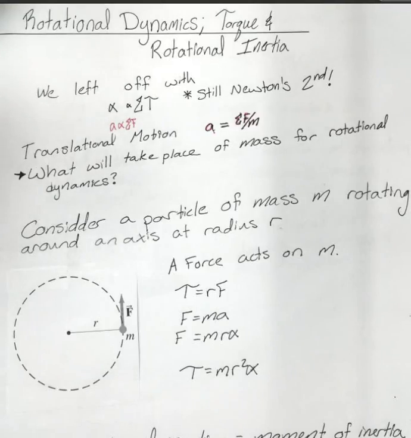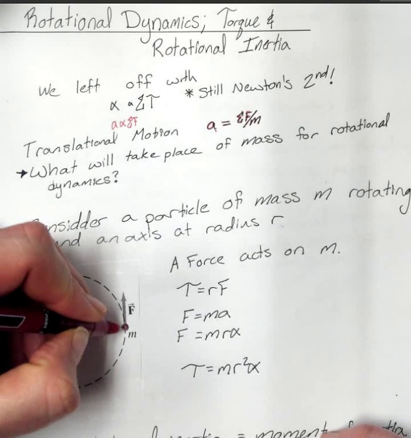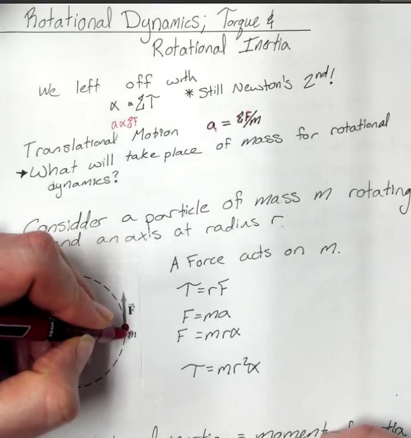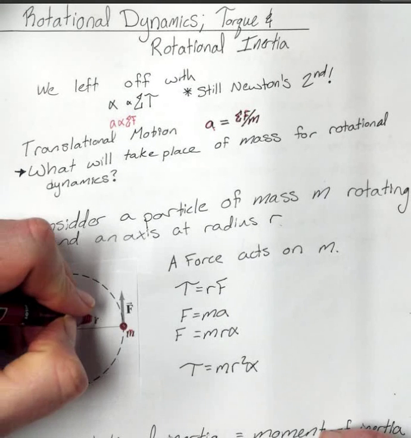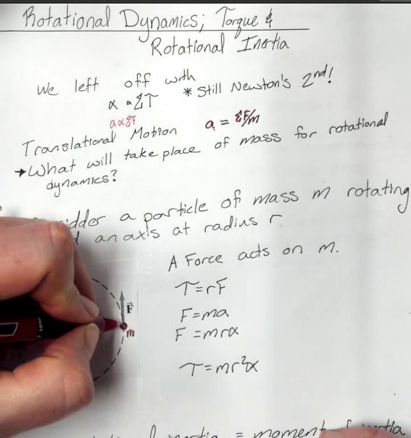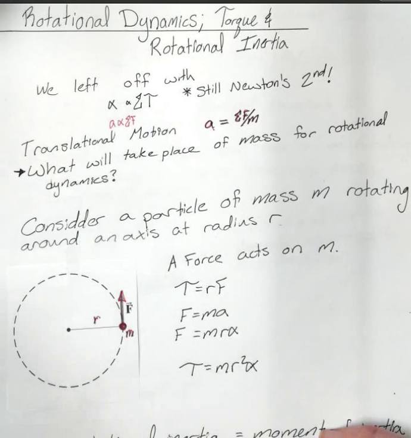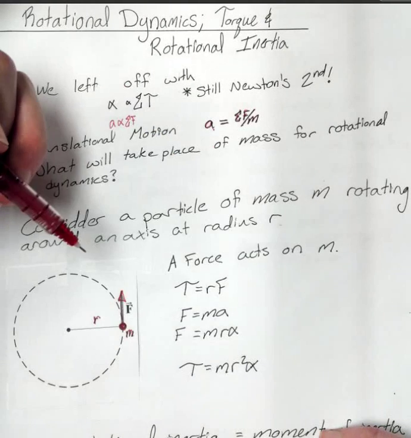Just like we need force and the lever arm, we're going to need mass and radius for determining the exact relationship. And in order to do that, we're going to start with the simplest possible situation: a particle that has mass rotating around an axis at radius r. We're going to assume that everything except for this particle of mass m has a negligible mass. This mass m is rotating at radius r, and it's experiencing this force right here. So there is a force acting on that mass, and that force is given by